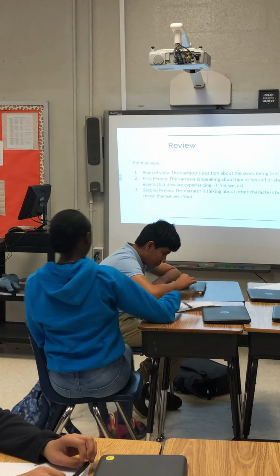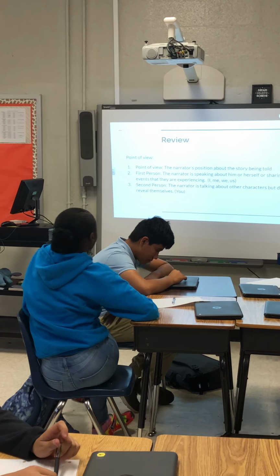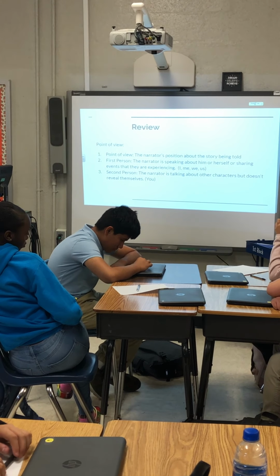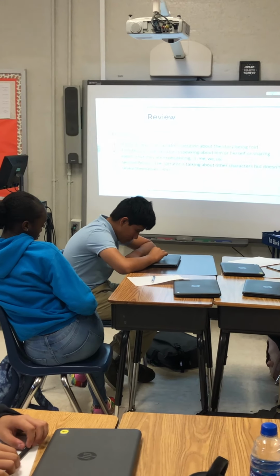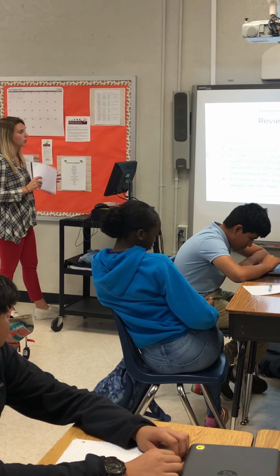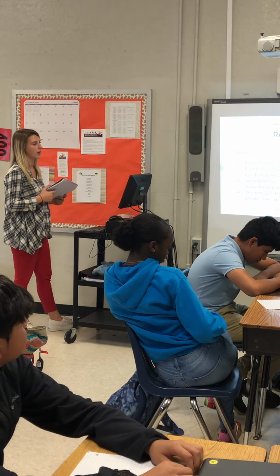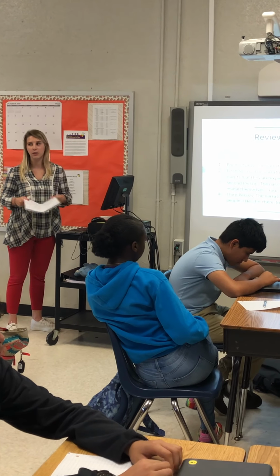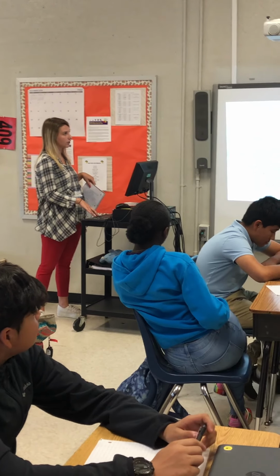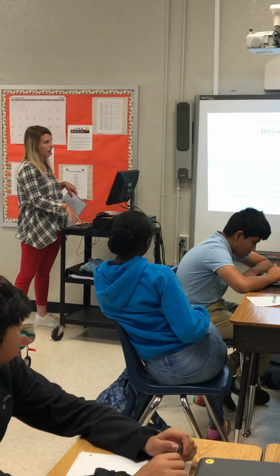Second person, the narrator is talking about other characters but doesn't reveal themselves, so when he says like you or not used. And third person, the narrator tells the story of another person or group of people using he, she, them, they, it. Does this all ring a bell, right? You guys have done this before, yeah. Alright, so the next part of that is